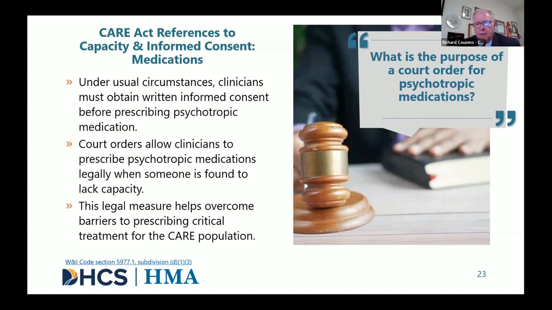Given human nature, what it is, everybody is on a spectrum. Among the people that appear in front of the court, there is going to be a group of people who are absolutely clearly competent, have the capacity, and it's no issue. Then there's going to be a group of people who are slam dunk incompetent, who totally lack the capacity to give informed consent. But there's this middle group, and it's going to be a difficult group to work with because they don't quite fit, yet we have to make decisions.